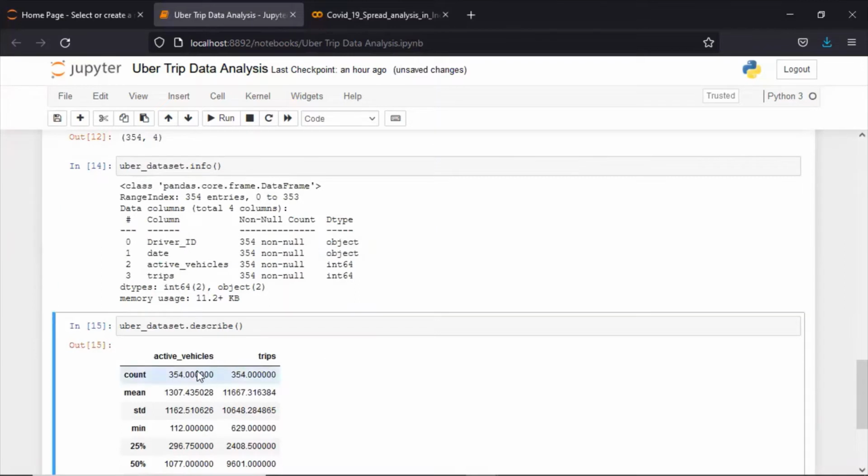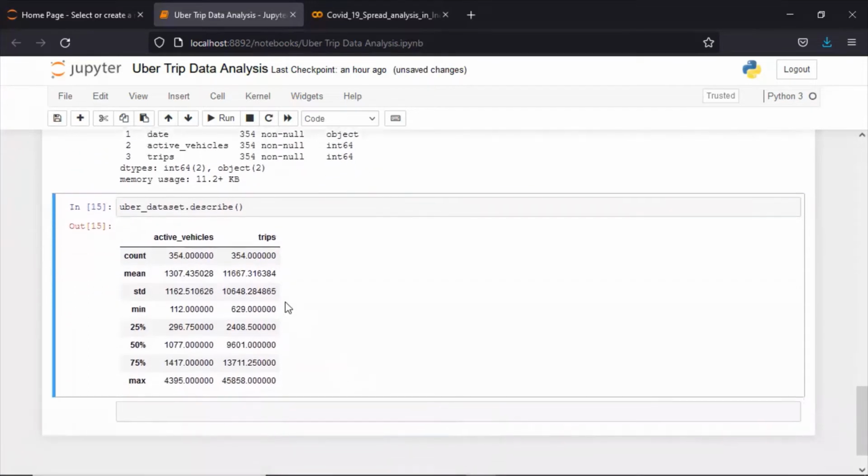So for that, it is not possible to calculate mean and standard deviation, right? That's the reason it is showing you the statistical information for 2 columns, active vehicle and trip, which is count, mean, standard deviation, minimum. And here 354 is your total values, or total rows, in this column. Mean of this column, you can see there is a variation in the mean, standard deviation, minimum